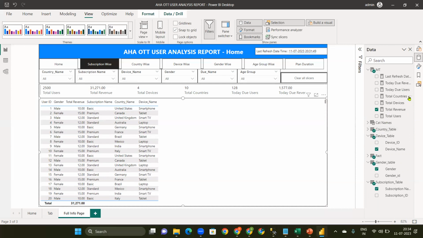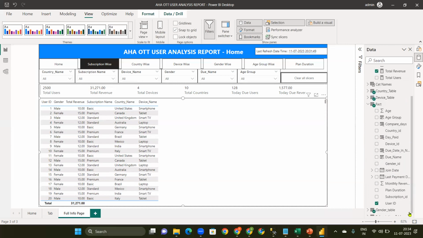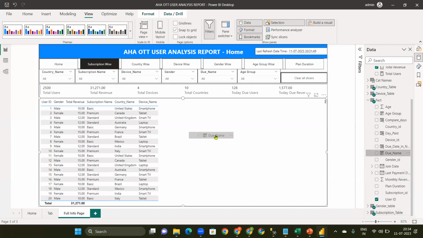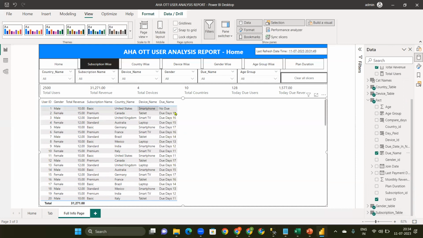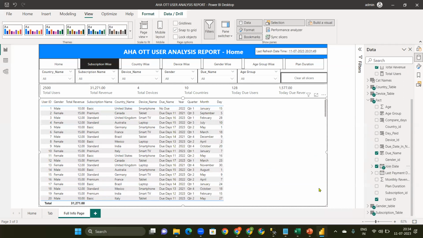Due name. Go to the fact table, and here you have to add the due name. Okay, so what is the due current which the div is using, and also the joining date, when he joined, and